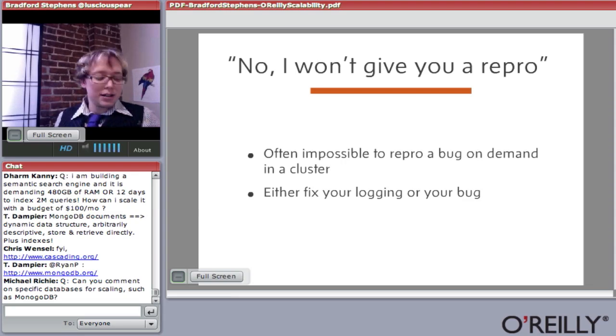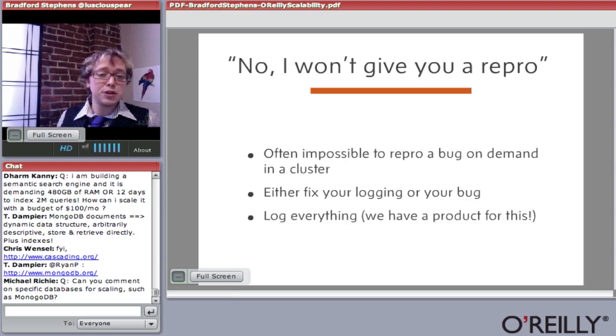So what that means is, if you can't reproduce a bug, that means you were logging it wrong, and you need to fix your logging. Log absolutely everything. One of the good things is that since space is so cheap these days, having a 2 terabyte disk on every machine just to record every query your users make and how long those queries take, and then putting all that information into a Hadoop cluster is pretty cheap. Otherwise, you're not going to be able to attach a debugger to machine number 427 and see what happens when 50,000 people run that query at the same time.